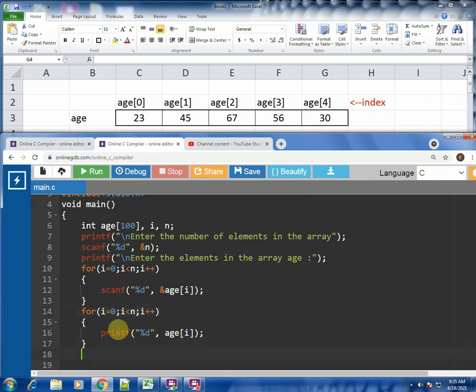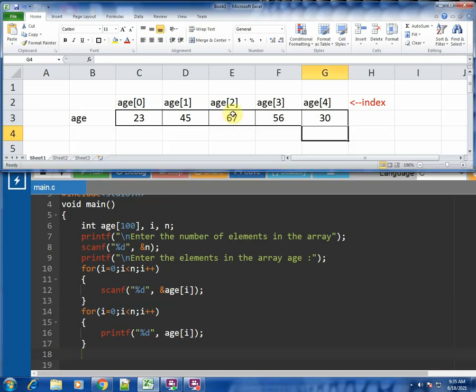Alright, going ahead with, now the task in this particular example, what we need to do is search for an element. Like for example, if you see in this case on the top, this example where 23, 45, 67, 56 and 30 is present. If suppose say we want to search for 67, so 67 actually is present at which position? It is present at third position and second index. Okay, there is a difference between index and position. So it is present at second index and third position.